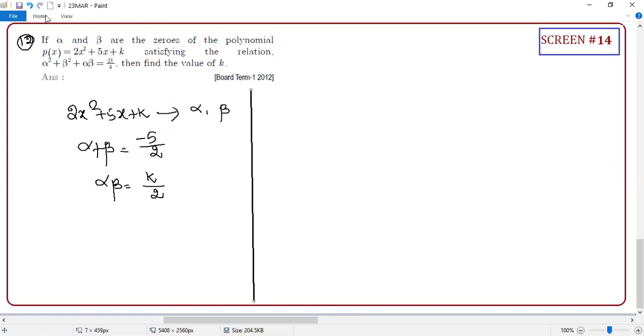Don't bring alpha minus beta. That's very dangerous. Now what you know already: alpha square plus beta square plus alpha beta equals 21/4. Now I have to change this in such a way that I can apply these two values. Here you can apply alpha into beta K/2, but